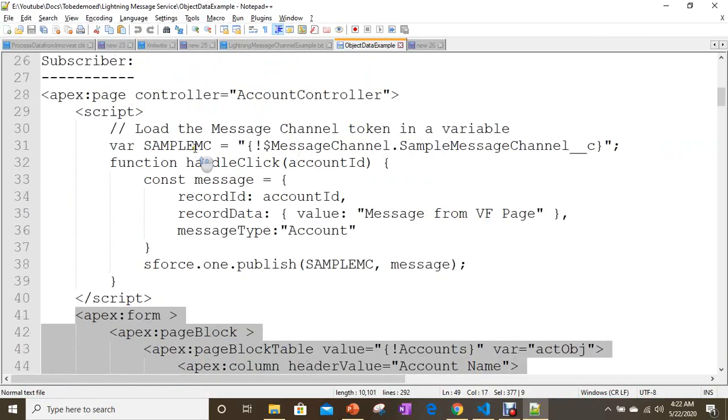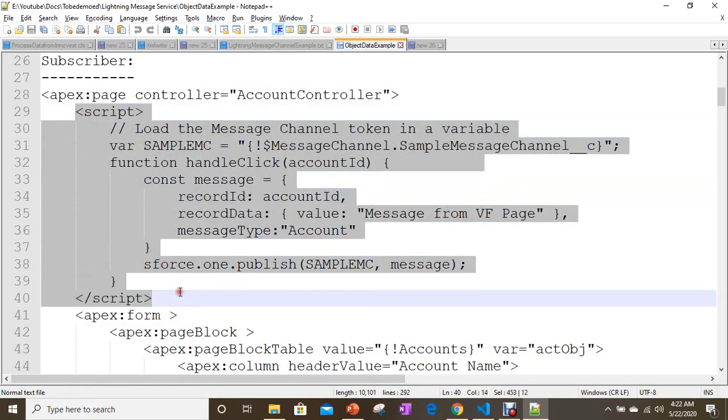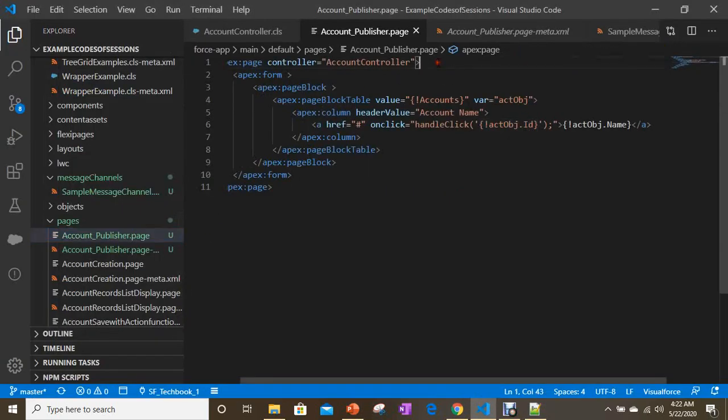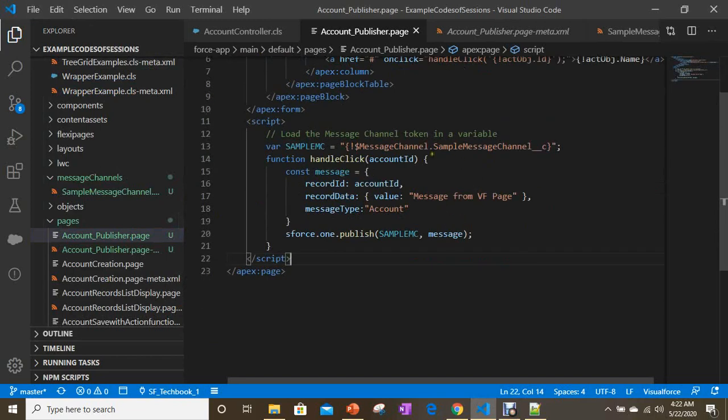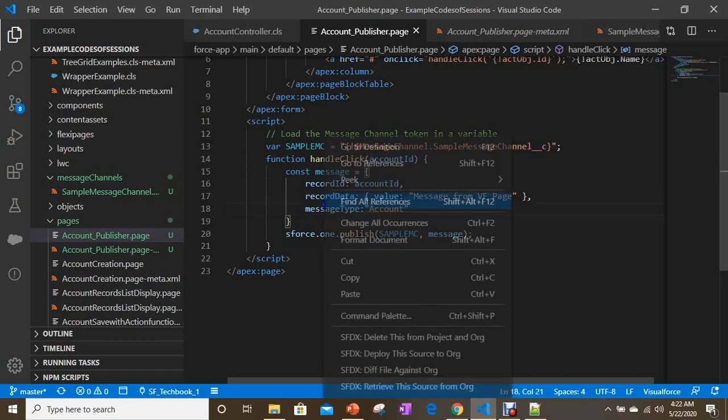So here is the same JavaScript, you already know how it works, I already explained. So getting this and account ID, and if you want you can pass account name also here, but I am not passing it, so let's take account ID only for now.